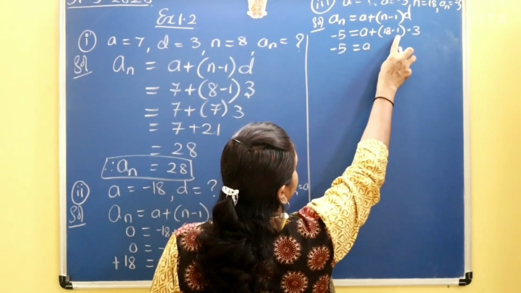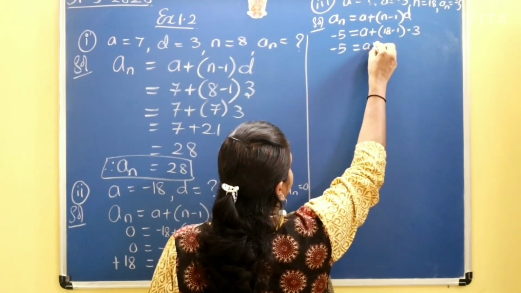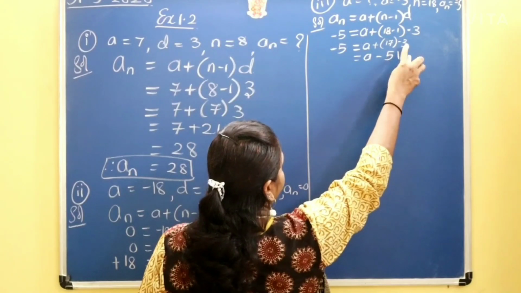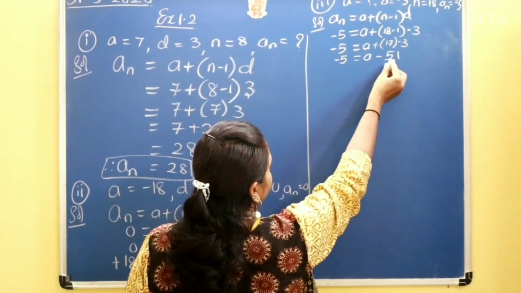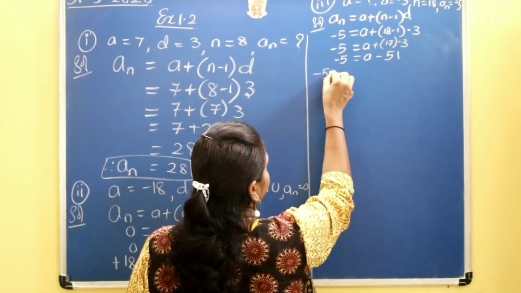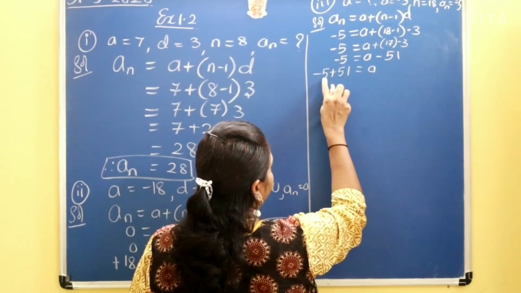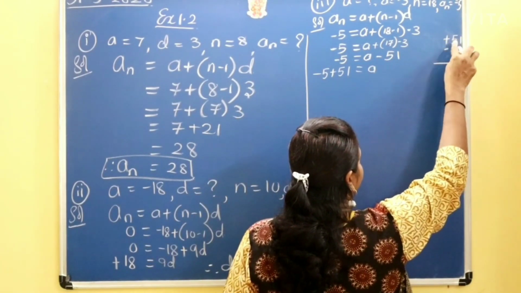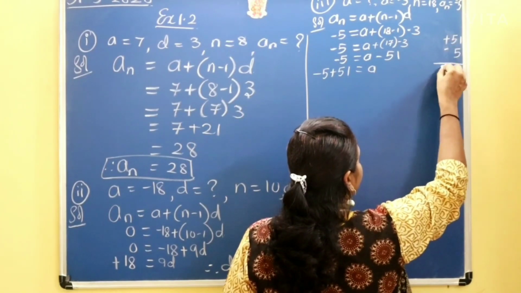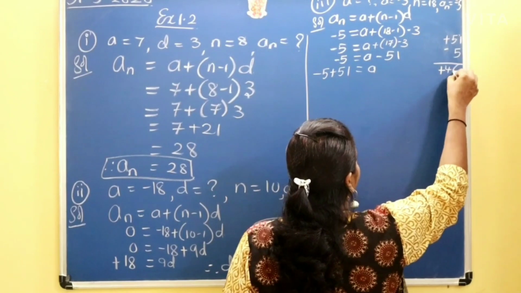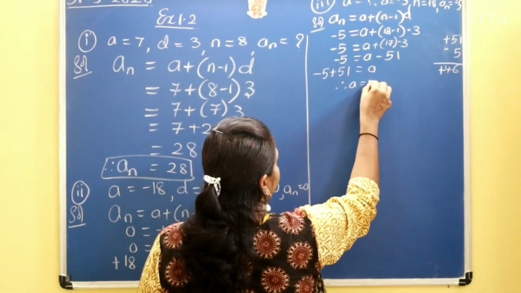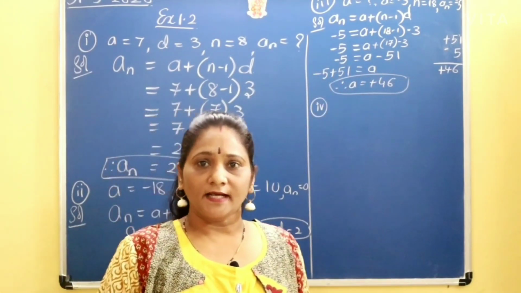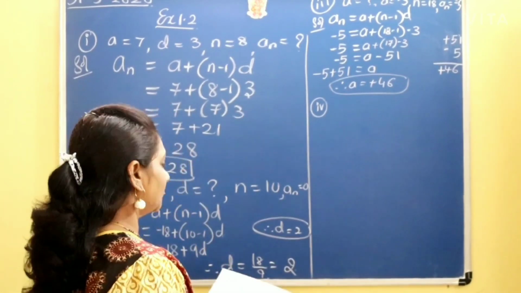Minus 5 is equal to A plus 18 minus 1 is 17, 17 into minus 3. 17 into minus 3 will give you A minus 51. This is minus 5. So, you take minus 51 the other side, you will get plus 51 minus 5 equal to A. One integer is having plus, one integer is having minus sign. So, put the greater number's sign and subtract the numbers. So, you get, therefore, A is equal to plus 46. A value is unknown, we get A is equal to plus 46.